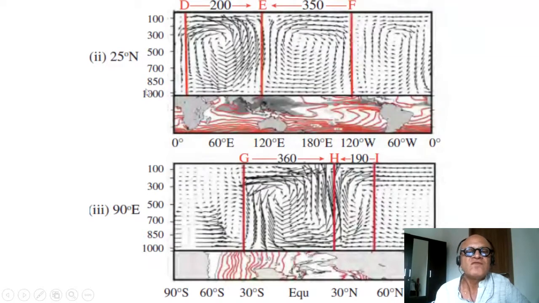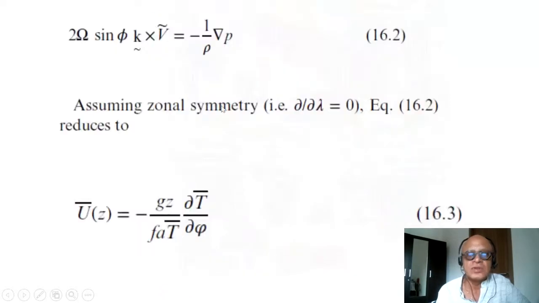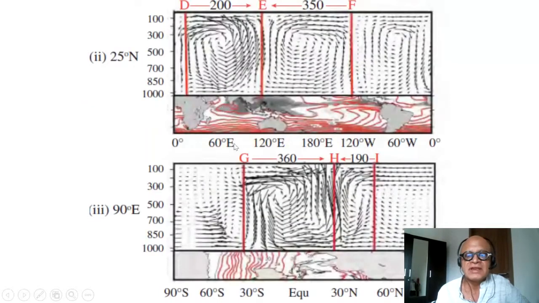We looked at this before in terms of the circulations in the latitudinal height plane at 25 north, which corresponds to the Tibetan heating, and you have the rising motion, divergence, and then these two zonal cells. So if you looked at the meridional section, we already talked about how around 30 north at the